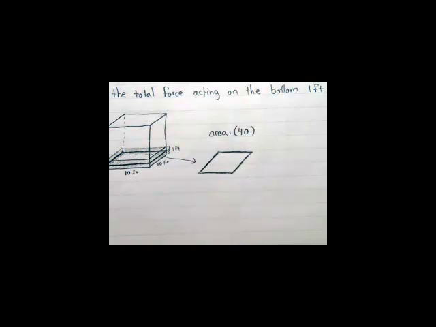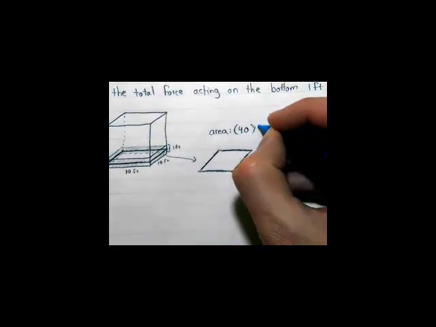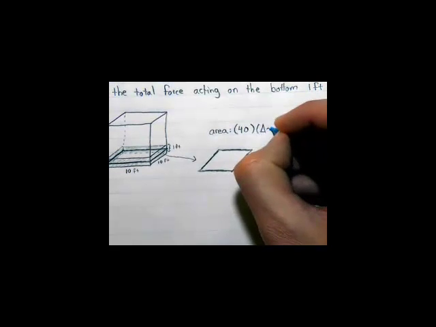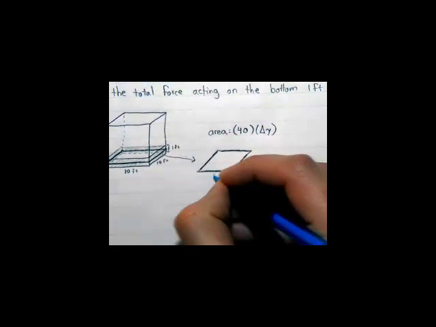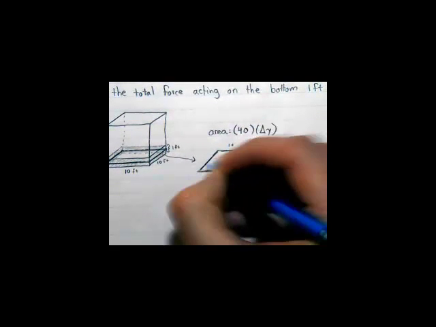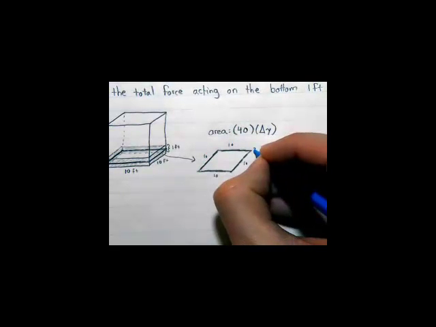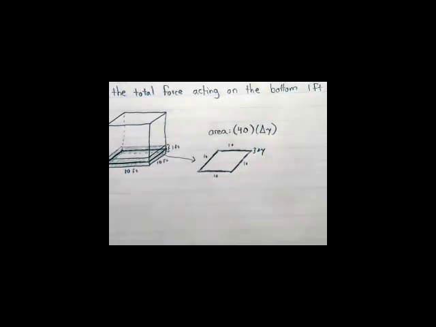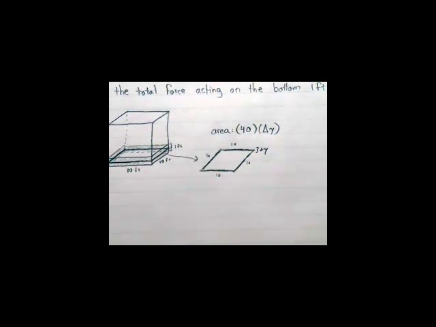That delta y. Yeah. Okay, because it's 10, 10, 10, 10, and then the little thickness of it is delta y. Okay, so that's what we got to go with then. It's 40 delta y is the area of that, what we need. Okay,